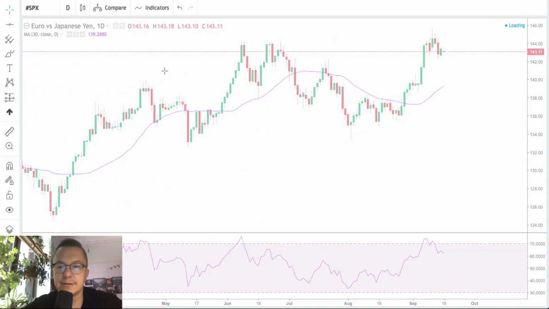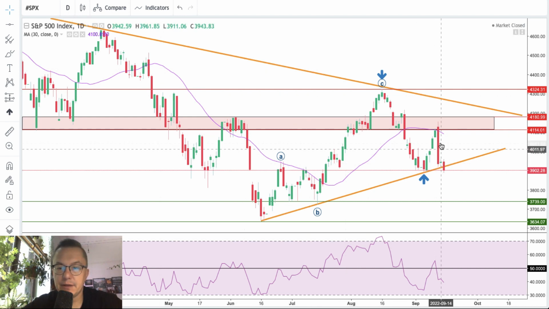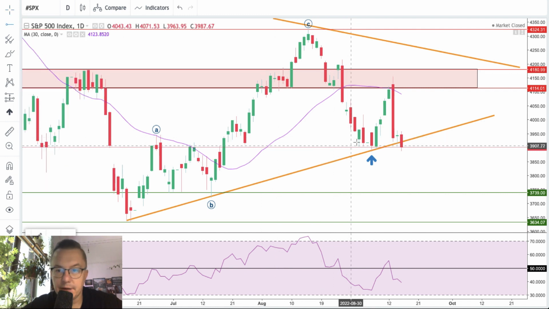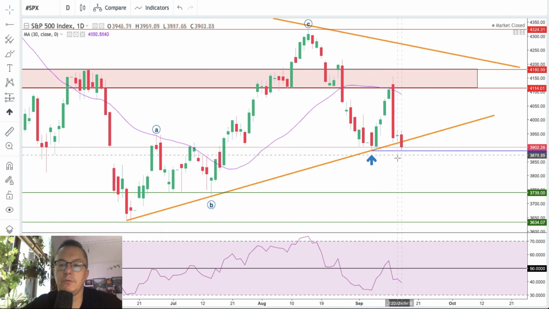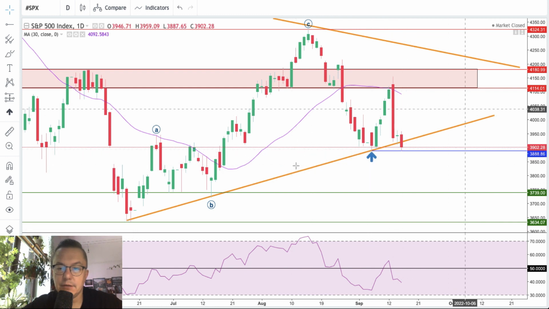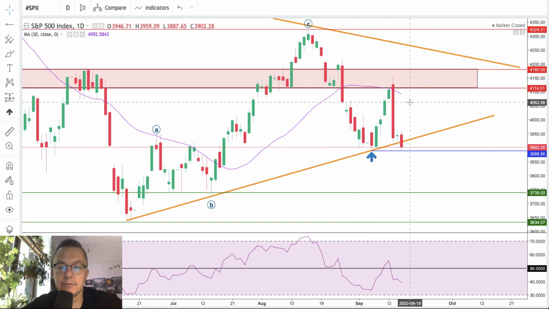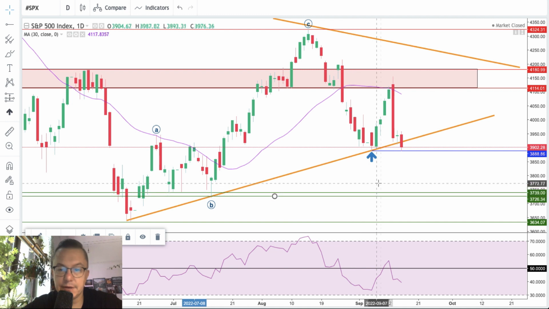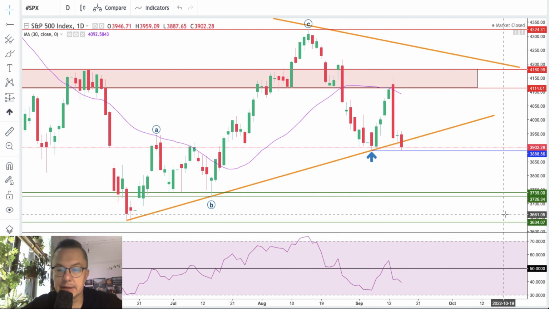Let's find out what the S&P 500 is doing. The daily time frame chart on the S&P 500 broke the local trend line, closed below the trend line, and it is right now heading towards the local technical support. This technical support is of course very narrow. There you go, it tested this support. So 3,888, this is the level. If we break below this level, the market is below the trend line, below the 30-day moving average, far away from the 30-day moving average, and this market might test the lower technical support levels. The next zone for support is 3,739, 3,726,